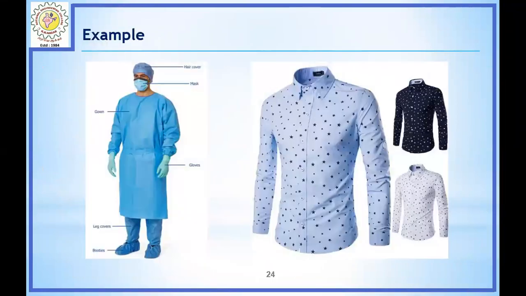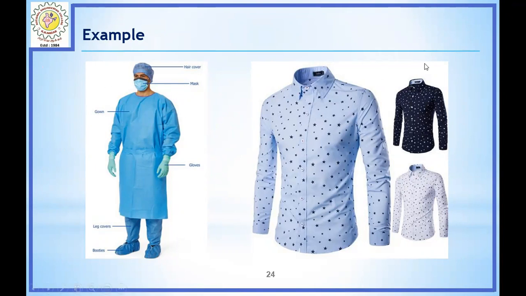One more example I can show you. Here you can see the outfit of a human being. One is the corona safety coat and another one is a fancy shirt. The first one is completely targeted on the safety of the human being from the environment, maybe from a virus or anything else. There you need not worry about the color, or whether it is a slim fit or pencil fit or whatever it may be. There you are considering only the safety against outside microorganisms. So it is a technology-driven product.